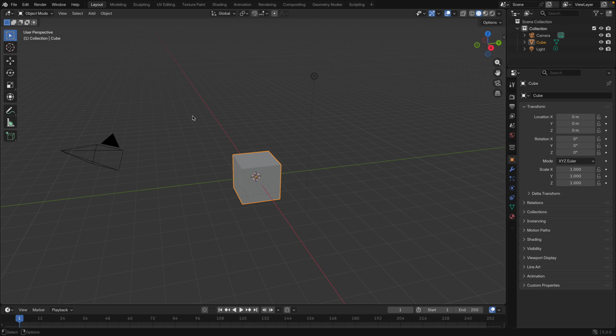We clearly have Blender open, and I've been learning how to use Blender for the last 6 months from never having used it before, just opening it and starting with the donut tutorial from Blender Guru, which a lot of people start with, and working my way through YouTube until I was able to create something that I think is worth sharing. So I'll share a bit of my journey so far, where I started and where I am now, and a little bit about where I plan to go in the future. So let's start